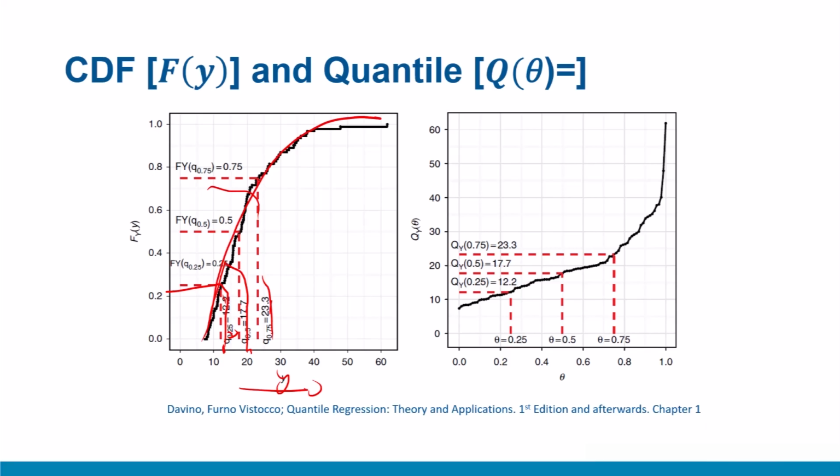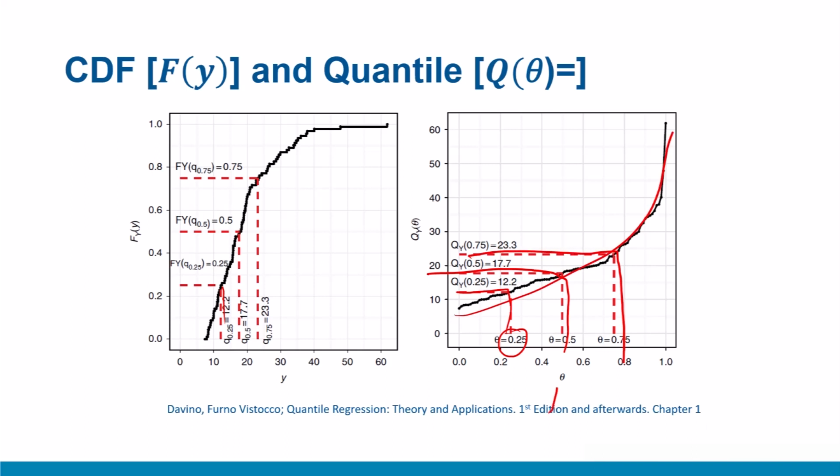Now suppose I want to map quantiles with the quantile function. So on the x-axis I have quantiles like 0, 0.2, 0.4 and so on. Now recall, if I want to map the 25th percentile, I apply the function q theta, and recall here 12.2 was the 25th percentile. So the quantile function applied on 0.25 will give me 12.2. Similarly, the quantile function applied on 0.5 will give me 17.7, and the quantile function applied on 0.75 will give me 23.3. And this is how we'll map quantiles to their quantile function.